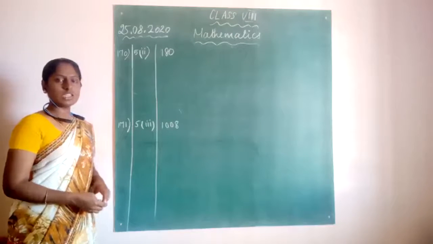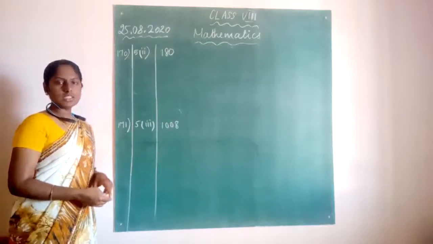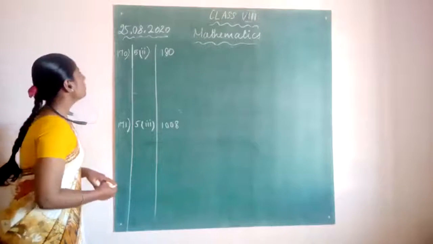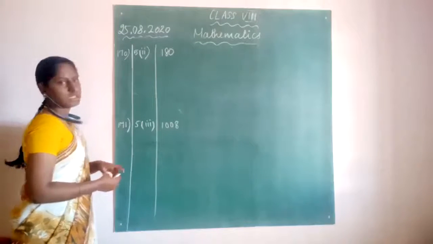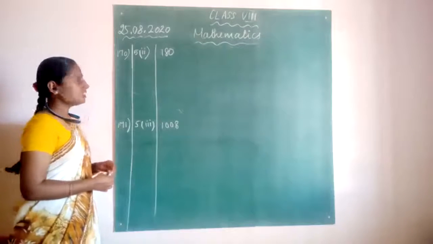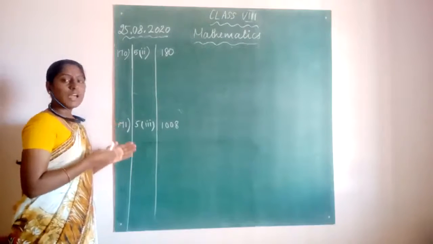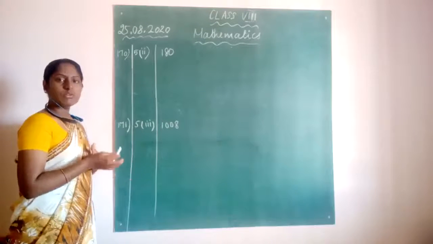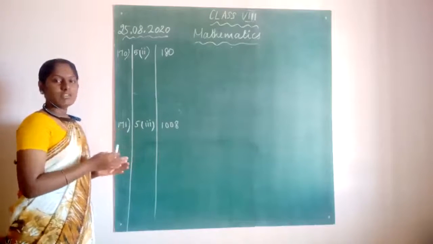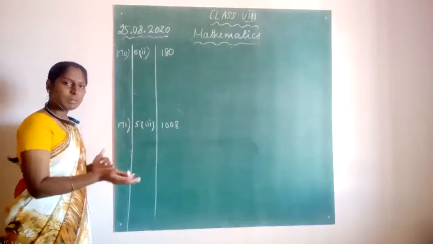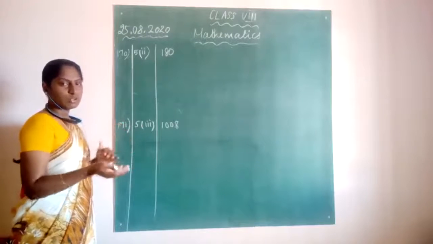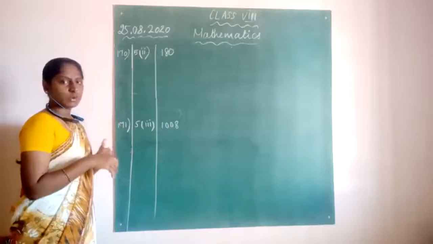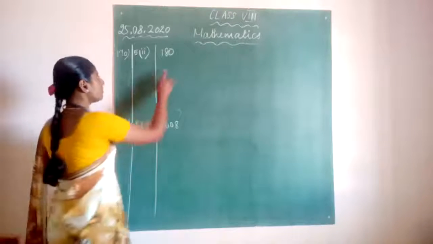In today's class, we will see the homework answers and we will see a few problems from exercise 6.4. Okay, so look at the fifth question, second substitution from exercise 6.3. Here 180 is given. We have to factorize this number using prime factorization and find which factors are left out without pair. Then we have to multiply 180 with those factors to get a square number and find its square root. Okay, let us do it.